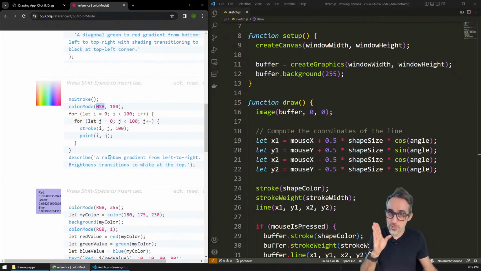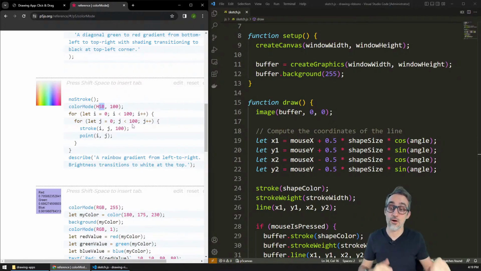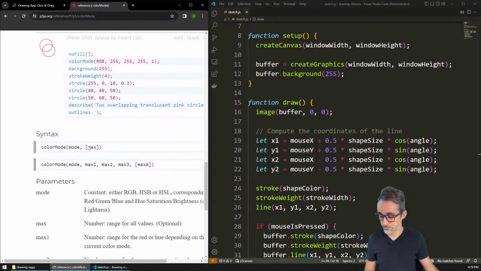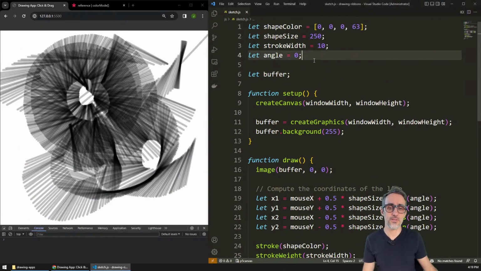So switching colors in HSB space is just as simple as maintaining the saturation and the brightness at maximum, and then just taking the hue value and making it move across a spectrum of 360 degrees. So maybe we could make a video at some point where we talk about HSB color, but suffice it to say